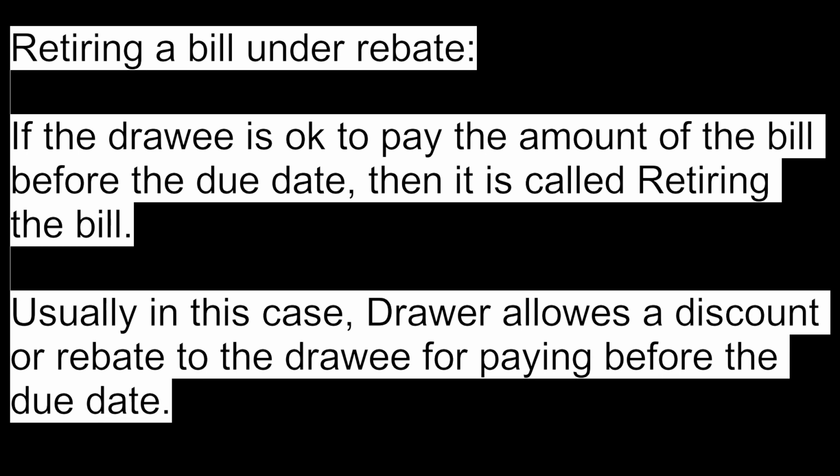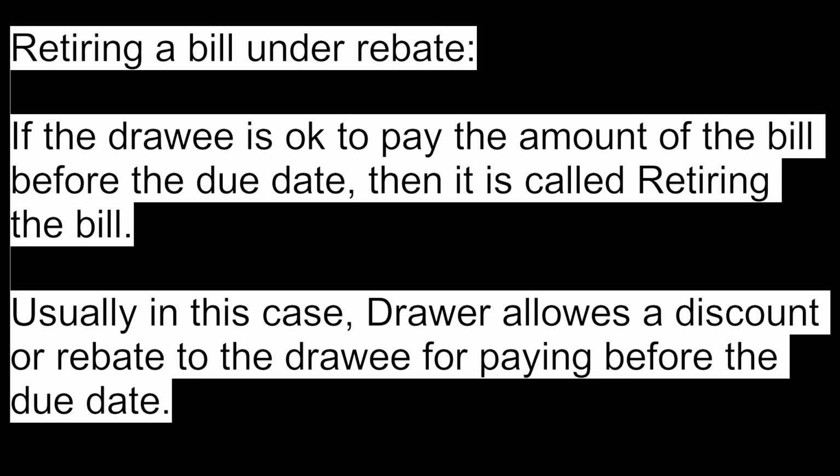Our last situation is retiring the bill. Now what is retiring a bill? Retiring a bill under rebate. Rebate is nothing but like a discount. If the drawee is okay to pay the amount of the bill before the due date, it is called retiring the bill. Assume that the drawee has sufficient funds, so he is okay to pay the bill amount to the drawer before the due date, that means before the maturity of the bill. Usually in this case, the drawer allows a discount or a rebate to the drawee for paying the money before the due